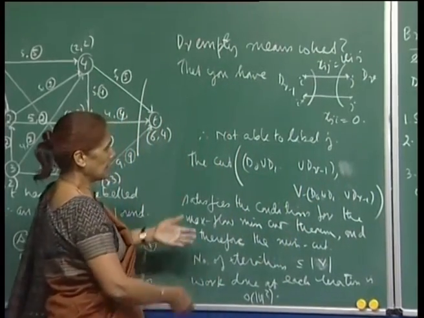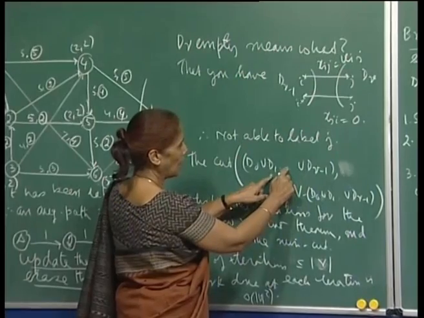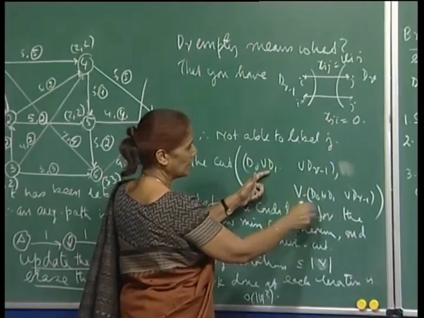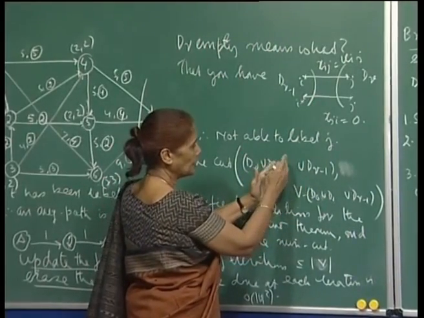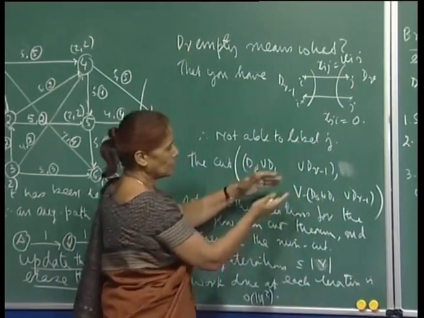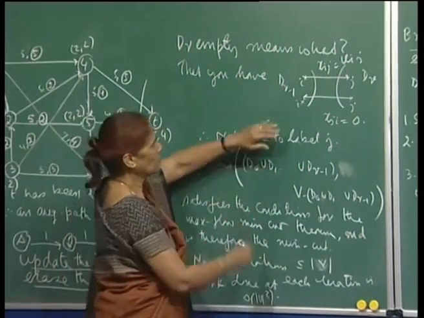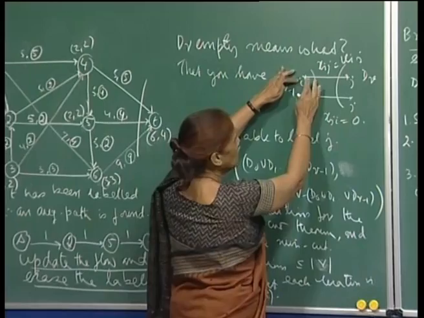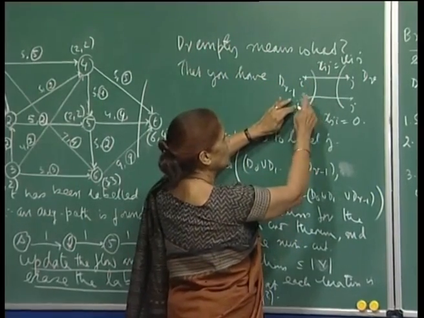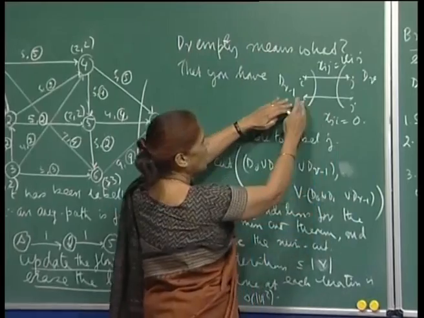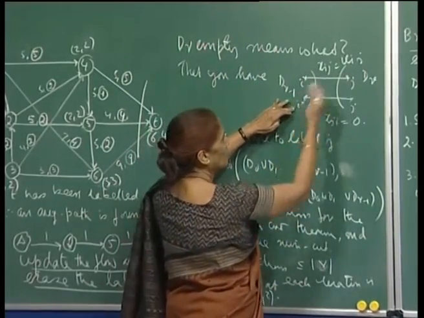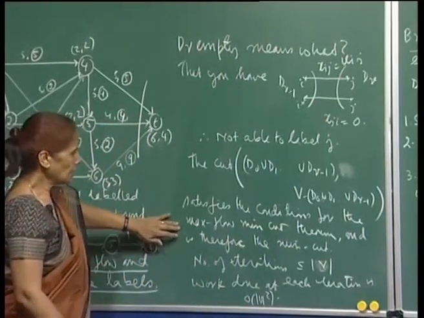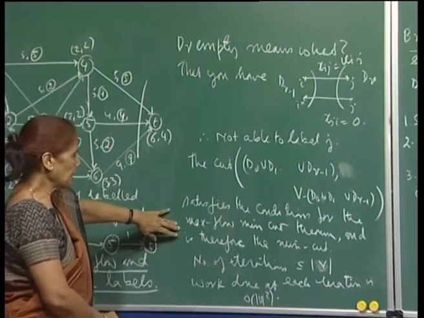And the thing is that D1 is only connected to arcs in D2 and so on. So essentially no problem, because you do not have any arcs from here to nodes here. You only have arcs from D nu minus 2 to D nu minus 1 and so on. So this is a cut, and the cut set will be the edges which are either forward arcs from nodes in nu minus 1, or arcs coming into nodes in nu minus 1. But the arcs coming in have flow 0, and the arcs going out of nu minus 1 are saturated, and therefore this satisfies the conditions for the max flow min cut theorem,